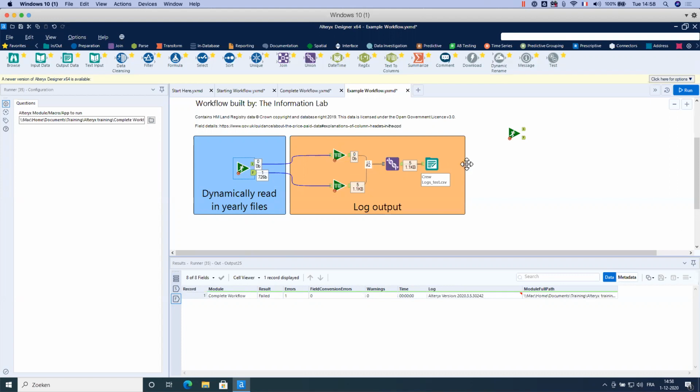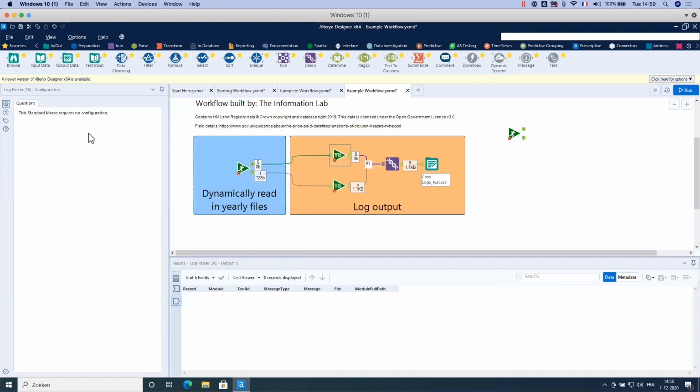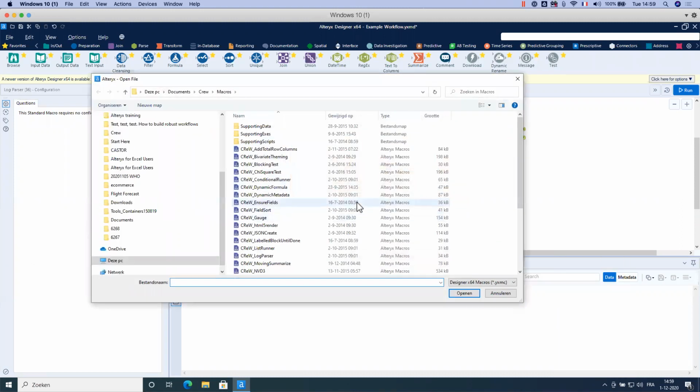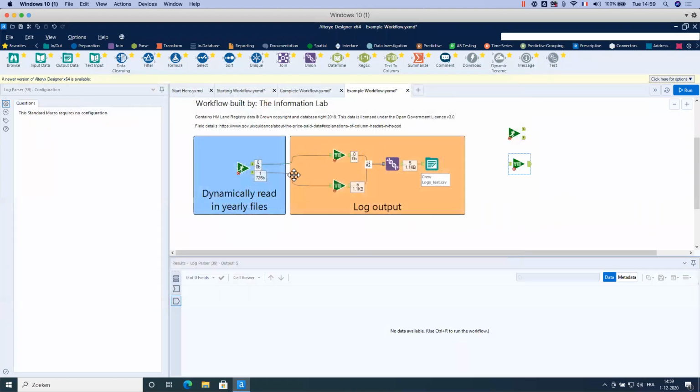And I need the other macro called the log parser. So same as this one, you can insert it like you insert a normal macro. So it will be a log parser, this one. And in fact, you connect each answer of the runner to the log parser.